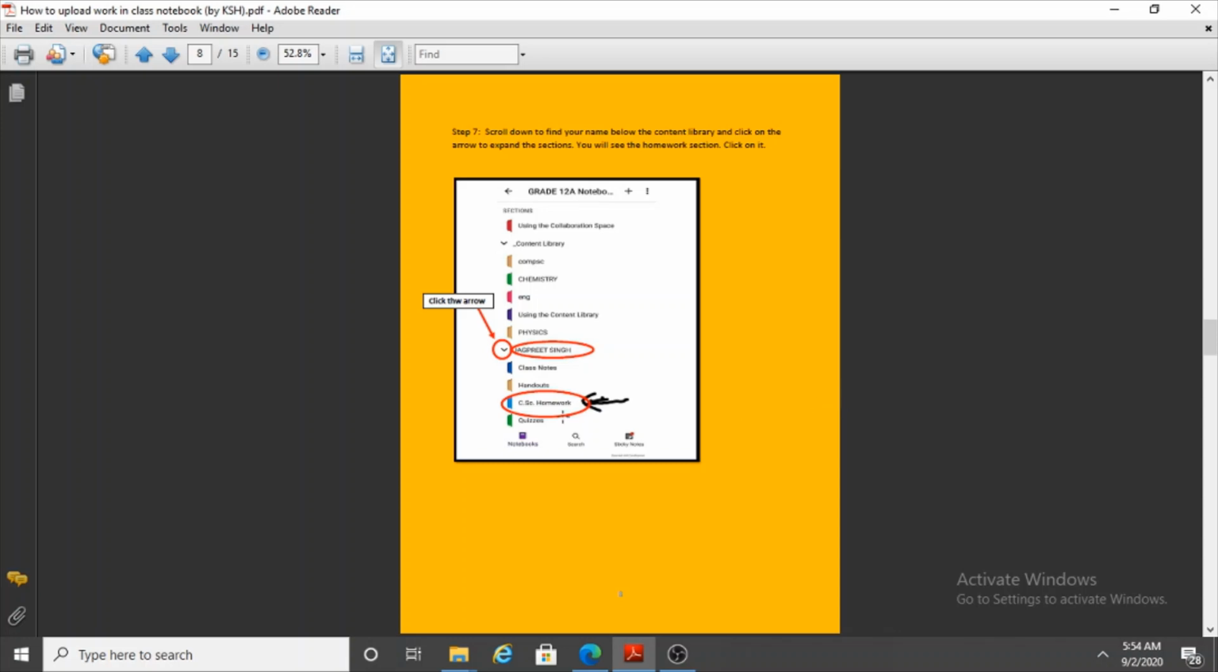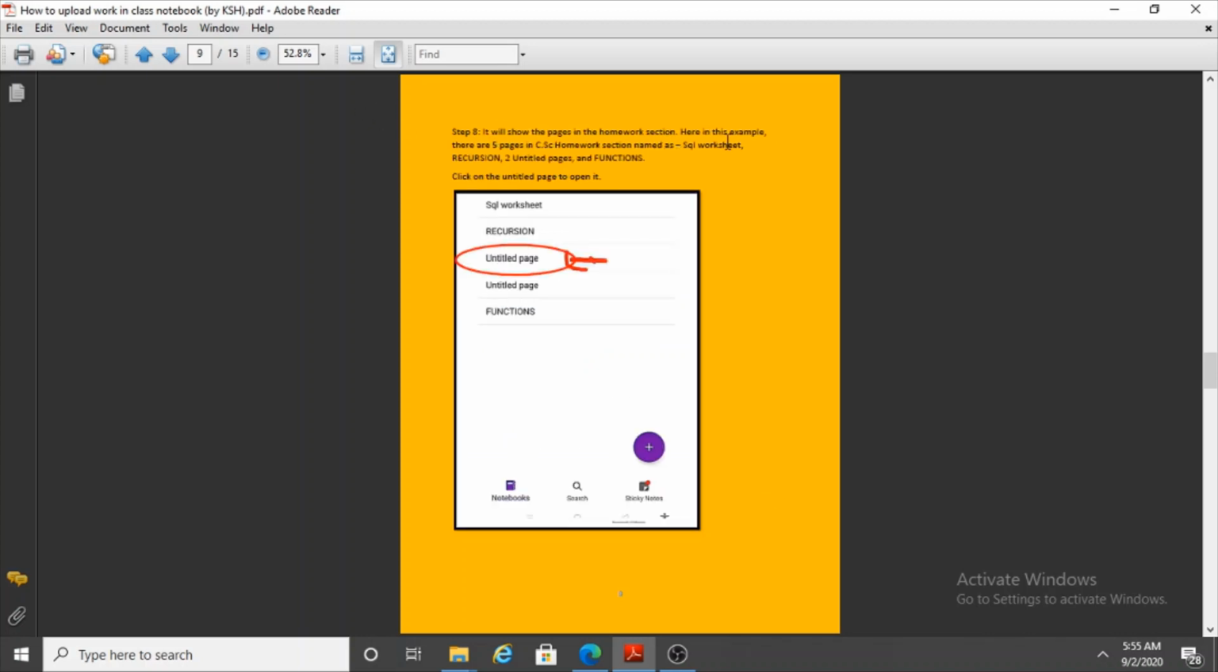Okay, and in case your teacher has given one section, let's say homework, and you are supposed to put your homework under that section, then please go and select that. Alternatively, you can choose to select the section where you want to put your content. So choose the desired section which you want to put your content or homework in. Now once you are done with that, that section is going to show the pages that are available under that section. In my case, as I selected the homework section, there are 5 pages under this section,